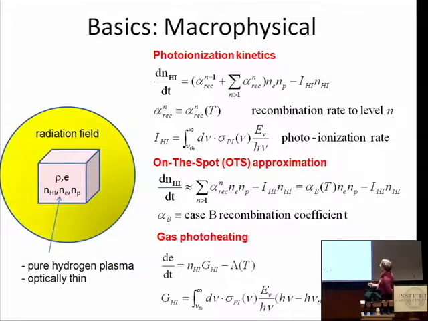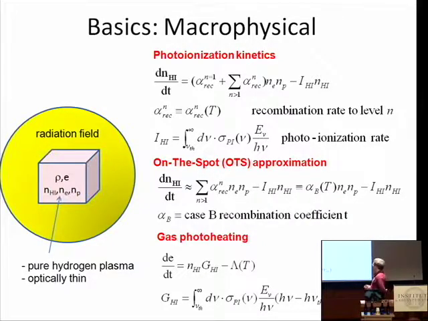This alpha here is the recombination rate to level n, which is generally a function of the temperature of the gas. Now I want to introduce what's called the on-the-spot approximation. This is one of the greatest cheats of all time. Everyone uses it, and for good reason. Because of what I said about recombinations to the ground state giving you back the ionizing photon that just ionized you with no net change, the on-the-spot approximation says that that ionizing photon gets absorbed locally and therefore does not